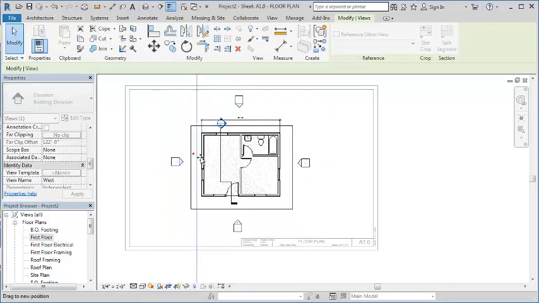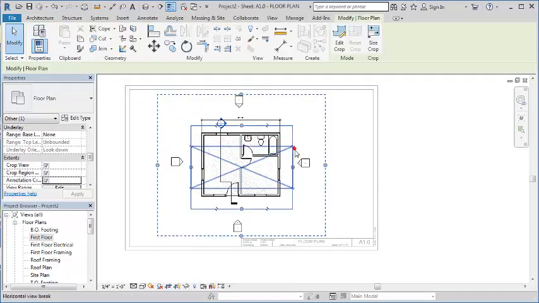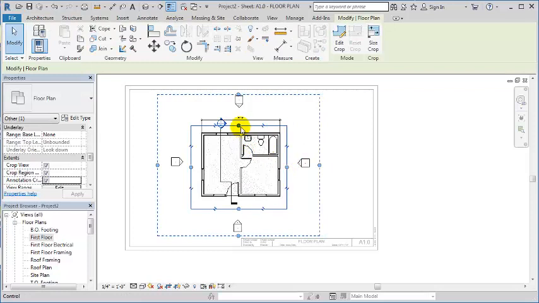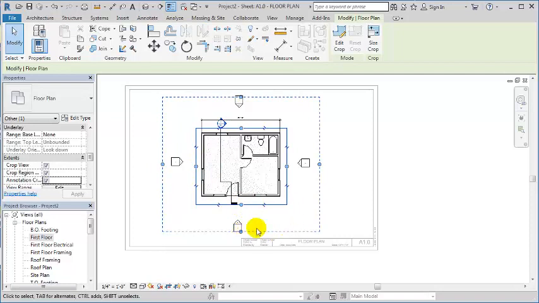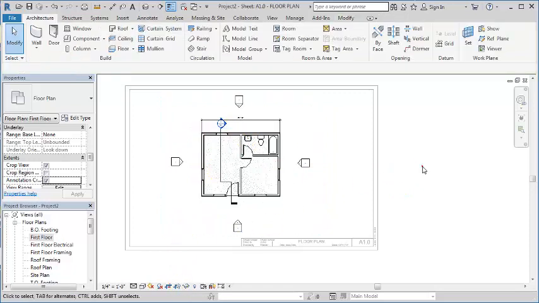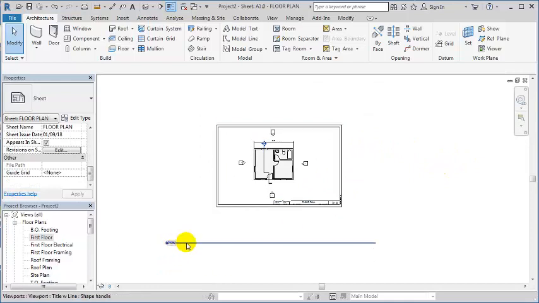Let's bring that one even closer. So that's a little nuance that you might not know until you've become a more savvy user of Revit. Now I've got things where I think I want them. I've got the crop region tight around the view. Turn off the crop region, double click outside the viewport, and you can see that I'm left with this